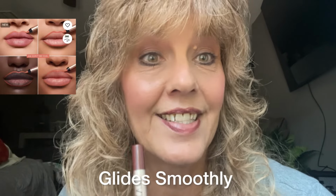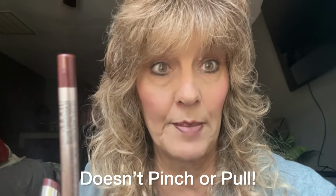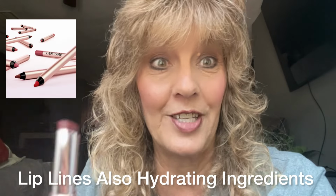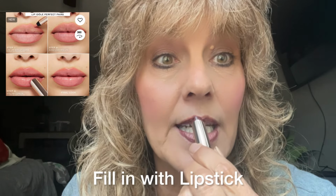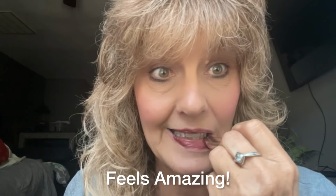This is the lip liner I just applied. It is amazing. It glides so smoothly. It just rolls across your lips and it doesn't catch and pull like a lot of the lip liners do. You can definitely tell there are hydrating ingredients in the lip liner as well. But now we're gonna fill in with the lipstick. Oh yes. Now that is a